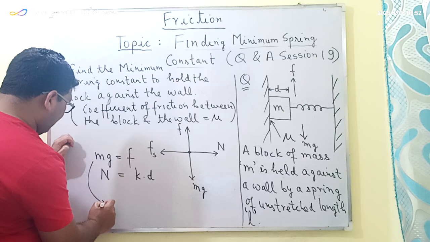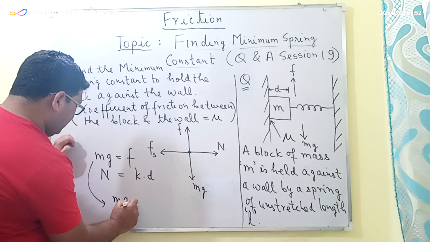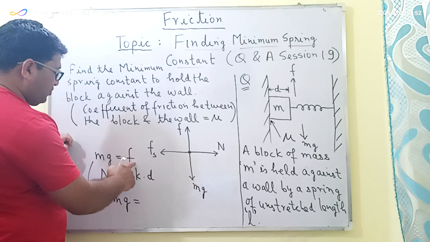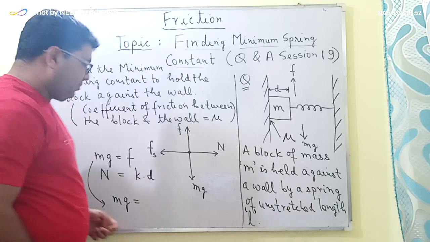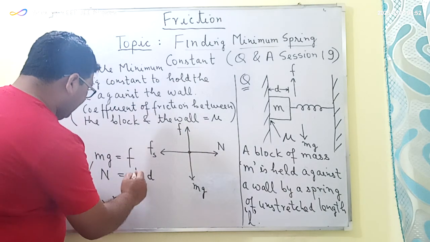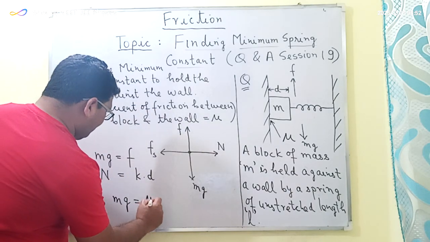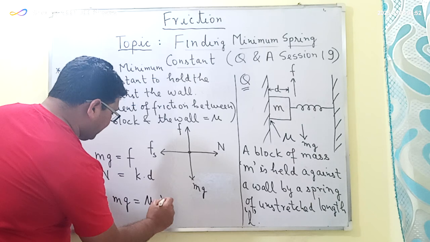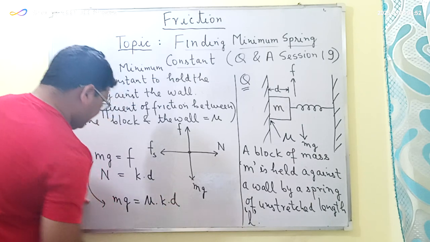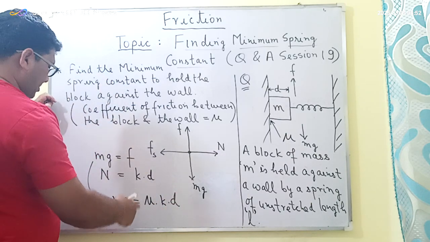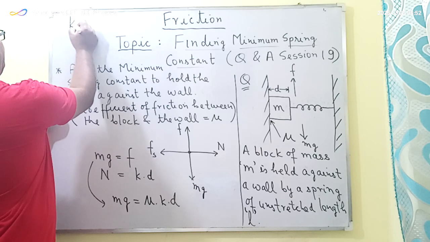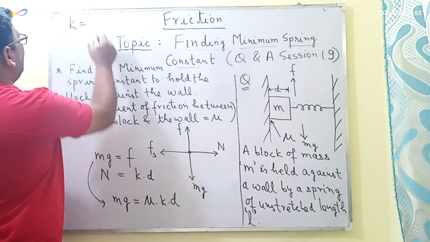Now this mg can be written as, now force of friction is equal to mu into N, where N is equal to k into d. So force of friction will be equal to mu into N, which is equal to mu k into d. So from here I can get the value of the spring constant, which is equal to mg